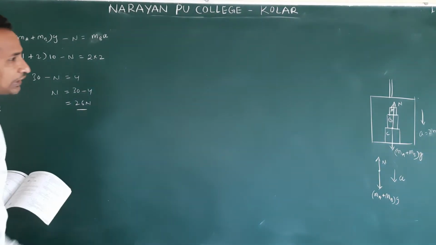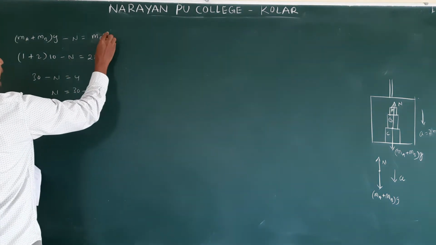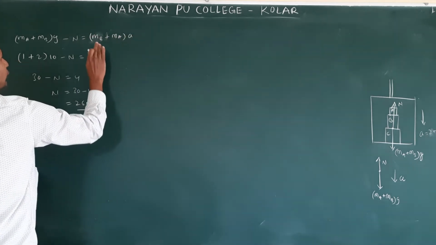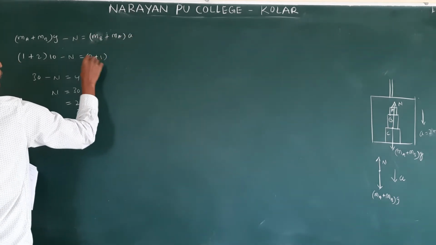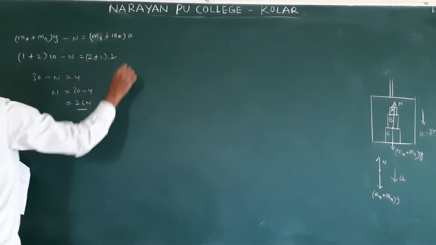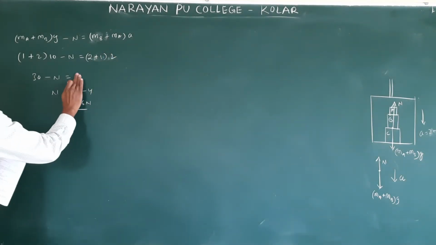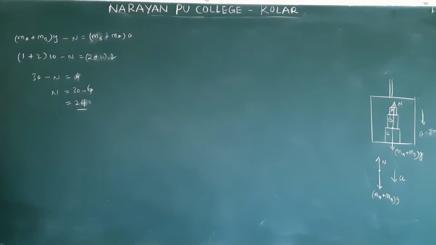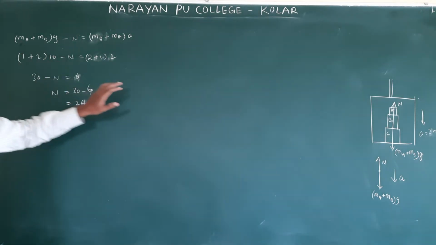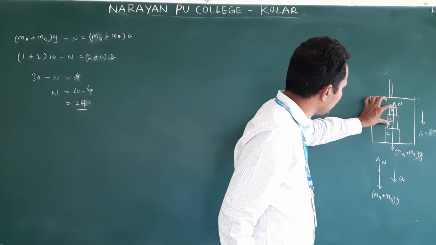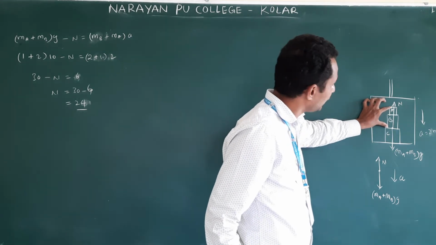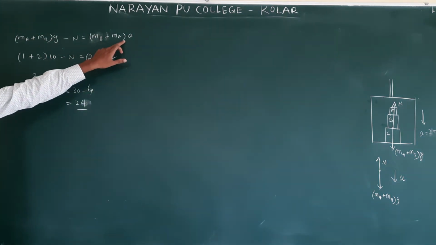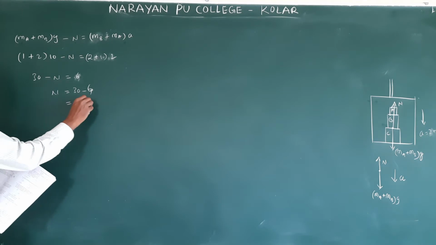Yeah, here the equation is correct, but here both are accelerating the same, so (Ma plus Mb) into A. So this is (2 plus 1) into A. What is this A? 2. So this is 6. Then it is 24 newtons, because here we have taken B and C, so these we consider as the same. Blocks A and B we consider as one, so both accelerate with A. So then the answer is 24 newtons.